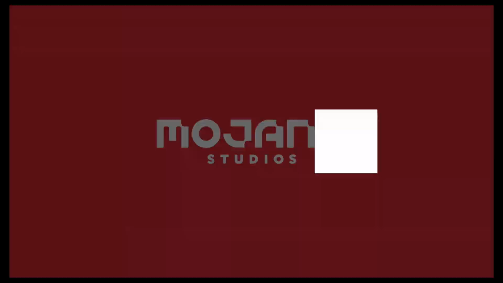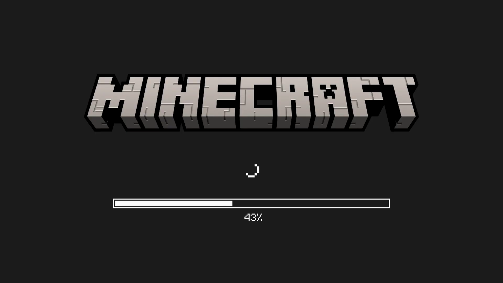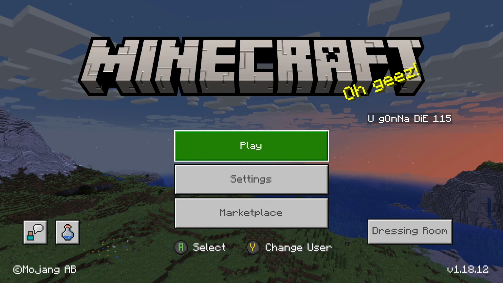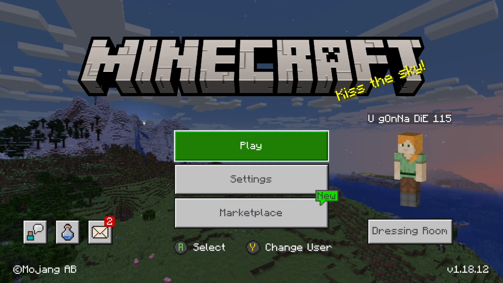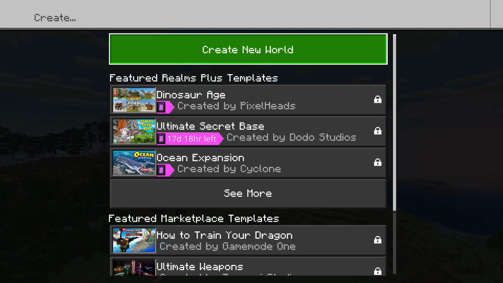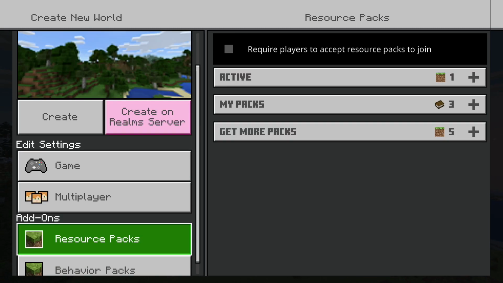fresh Minecraft. Make sure it's a fresh Minecraft, quit out of Minecraft, and start up a completely fresh one to load in those mods. And just as you normally would, you want to load up to your worlds, do whatever, and since it's a mod, go to where it says play, and then I'm just going to create a new world. You can also go to your old worlds, and in here you want to go down to where it